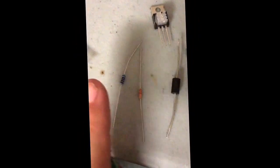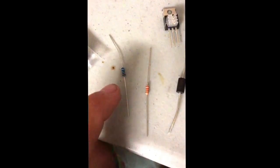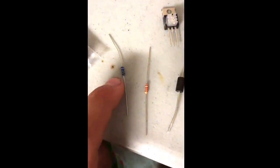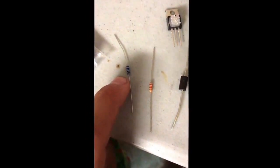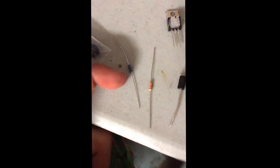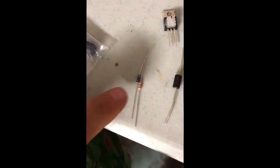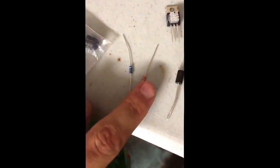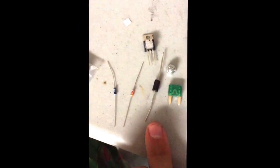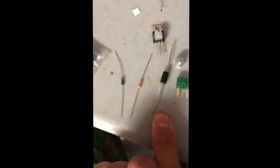Now, starting off with the resistors here, I've got a 2.2K and then a 100 ohm resistor. These are both 1/4 watt. The different colors is because of the different brands that make them. Now this one comes in like a few different colors that I've seen based upon brand, but the initial stripe should be somewhere similar. Anyways, so yeah, it's 100 ohm and then a 2.2K, and then here's a 1.5KE18 volt transil diode,